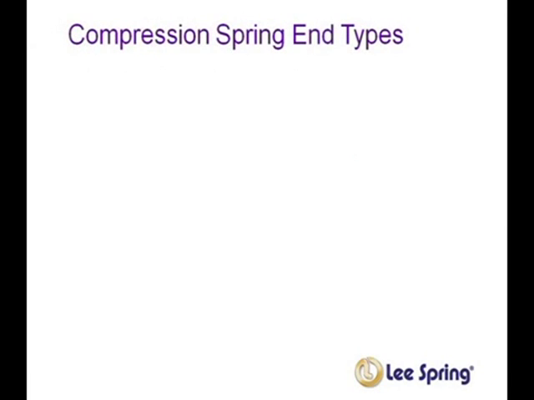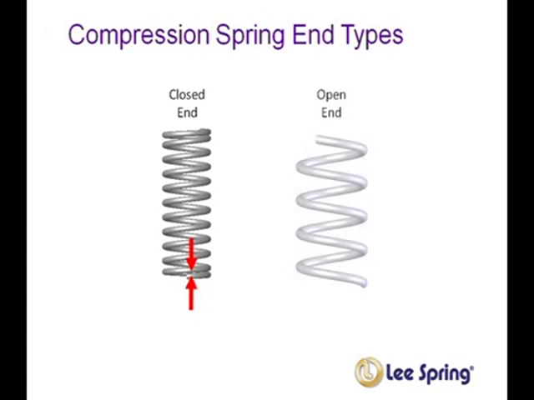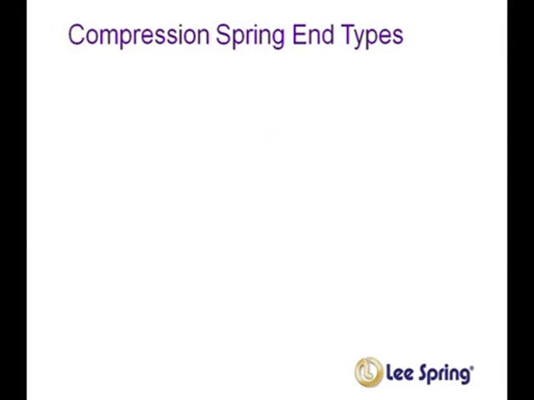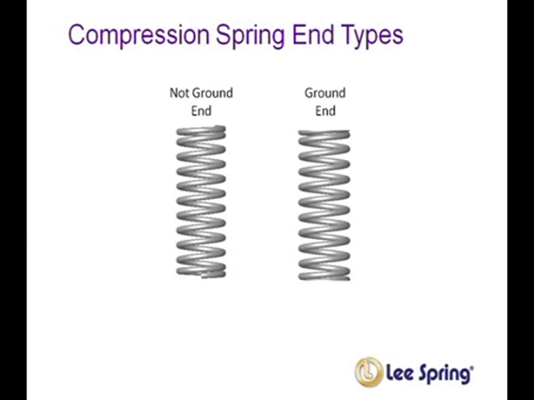Now let's take a look at spring ends. This first spring has a closed end, where the end coil's pitch is reduced so the end coils touch. The next spring has an open end, where the coils are consistent with no pitch change through the end of the spring. Another end type for compression springs are the not ground type and ground type. As you will notice, the ground end type spring is ground flat, where the not ground type has a less